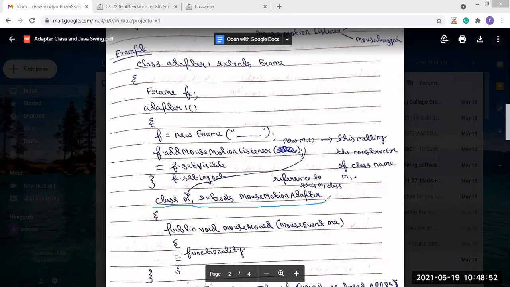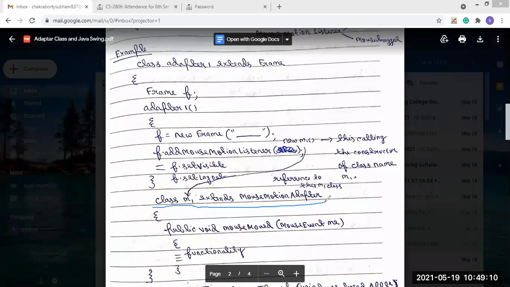Now this mouse motion adapter has two methods present inside it: mouse moved and mouse dragged. And for both of these methods, a blank definition is present inside the mouse motion adapter class.